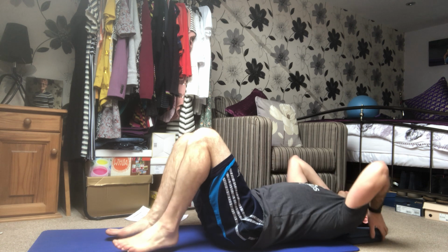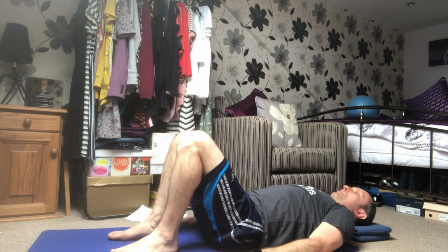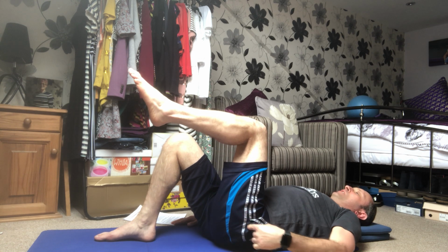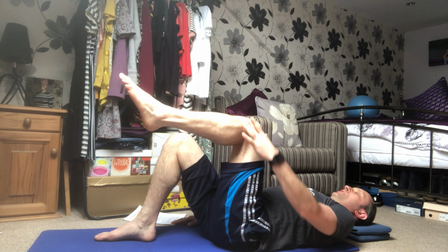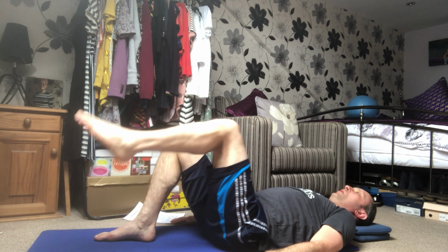Okay, so if we take it to the next stage here, next step on the exercise list, we're going to work on the knee folding. So back onto your back again, head on the head cushions, pelvis staying in neutral once more, arms down beside your body. From the left hip joint, all we're going to do is raise up the left leg. So we're moving from the hip joint, we're keeping the knee joint static, breathing in, tapping the toes for 1,